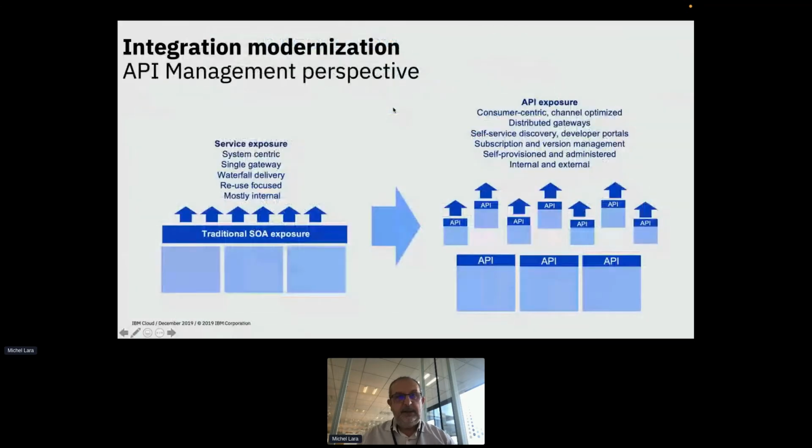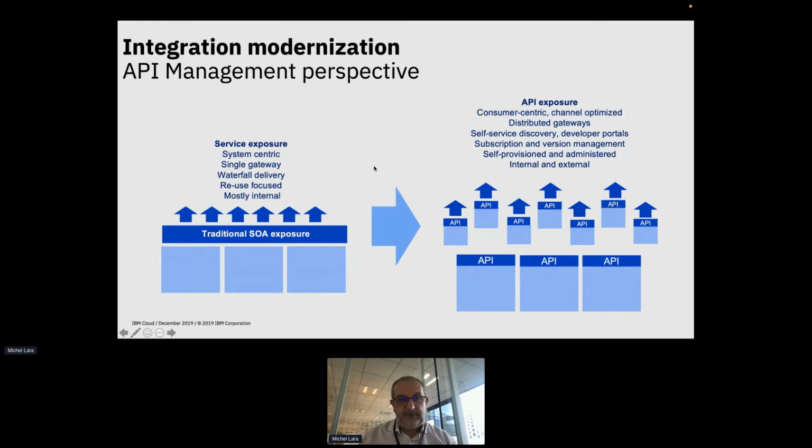During the last 15 years, the integration and API management perspective has changed from system exposure with traditional centralized API management, because a lot of customers moved from SOA to REST API, to have a more normalized, more simple way to expose API in a catalog that is very easy to use.